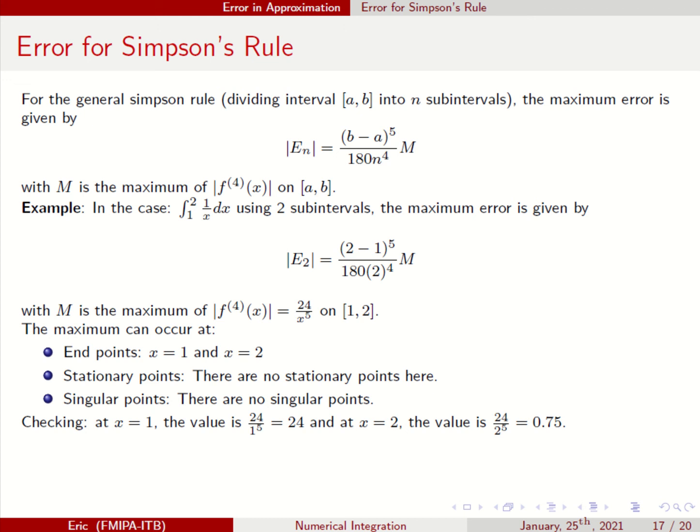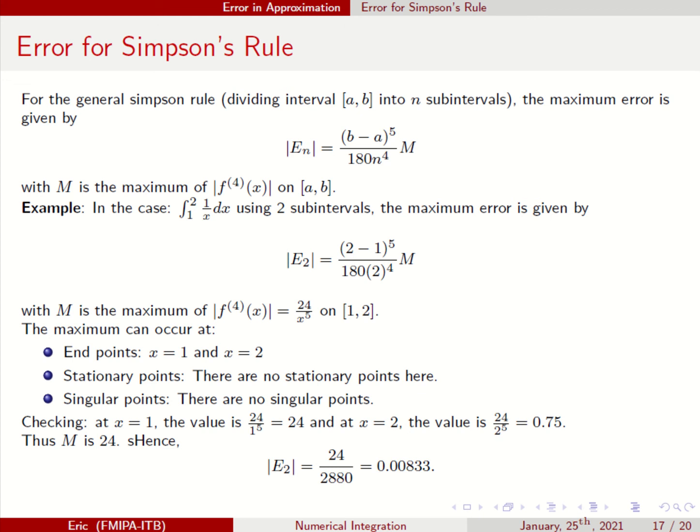So which one is the maximum? The maximum should be 24. So this should be 24. Don't forget, you have to use this kind of procedure. To find the maximum, you have to find this one. Okay. Hence, E2, the error in the approximation using two subintervals with equal length, is